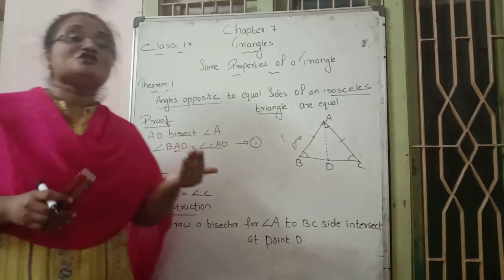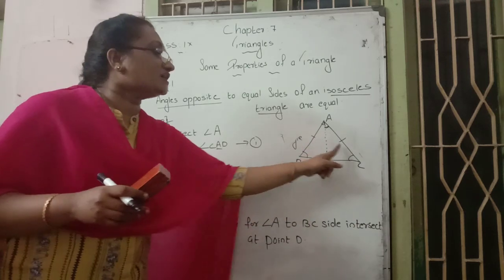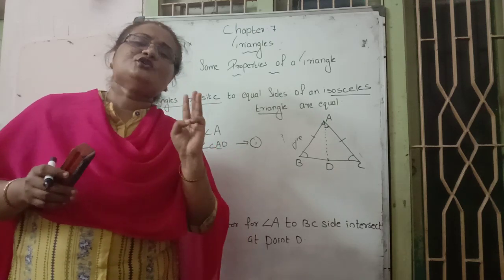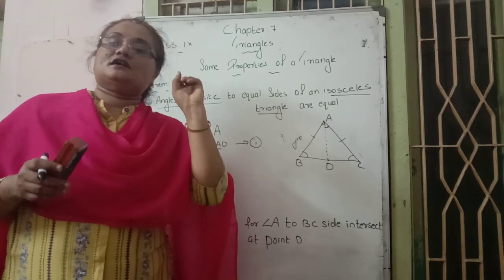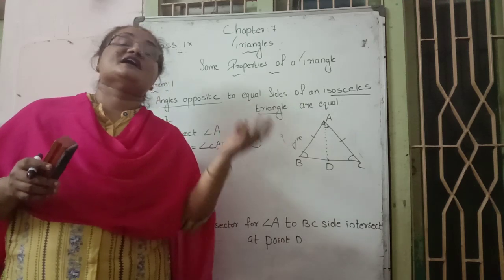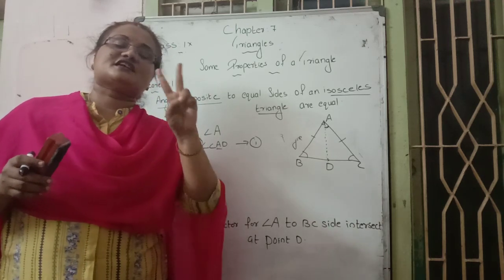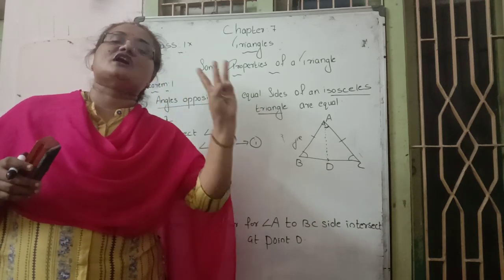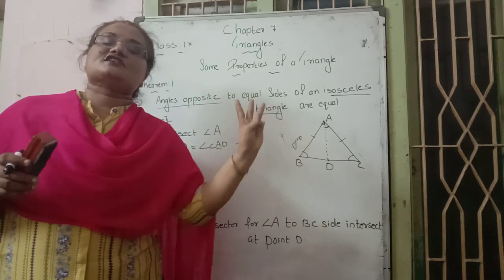But next our aim is to prove that the bisector divides the big triangle ABC into 2 equal triangles. Which are they? ABD and ADC. In this triangle chapter, we want to apply the properties, SAS property, ASA property, and like these. When applying them, we always need 2 triangles. Then with respect to those 2 triangles, we apply 3 conditions and say that the 2 triangles are congruent with respect to which property.